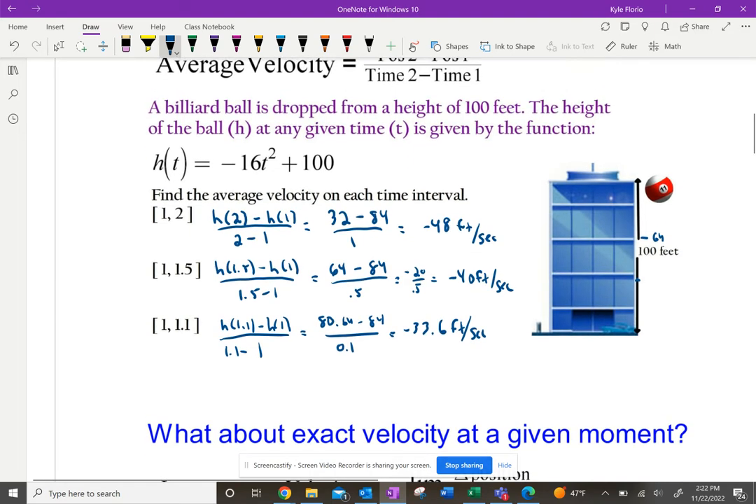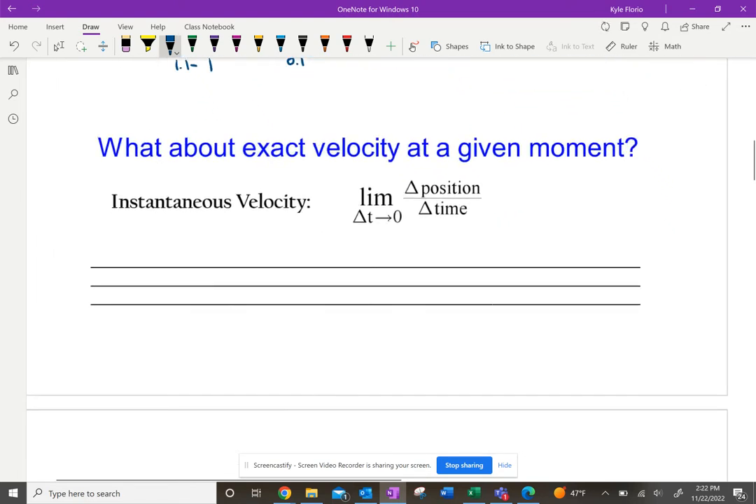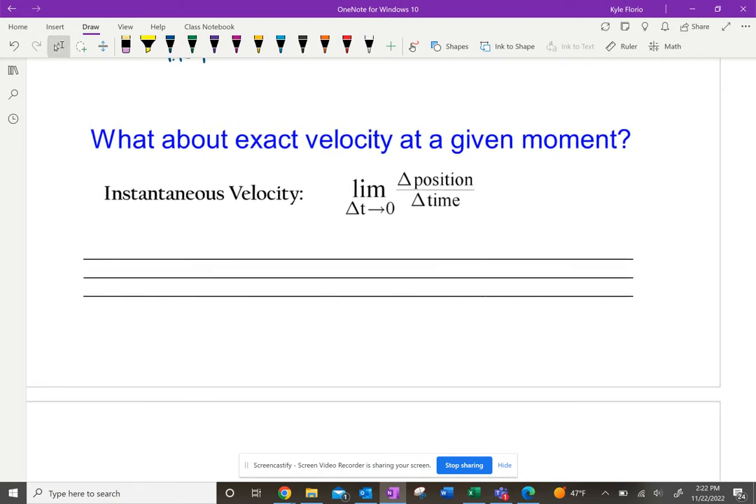So what's going on here is the velocity is negative, which makes sense because the object is traveling downward. So downward velocity we're going to consider negative in terms of height. The height's decreasing, so it makes sense that the rate of change is negative. And what we're doing here is the interval from 1 to 2 seconds, 1 to 1.5 seconds, 1 to 1.1 seconds. We're getting closer and closer to the rate of change at exactly 1 second, and that's what this is right here. What about the exact velocity